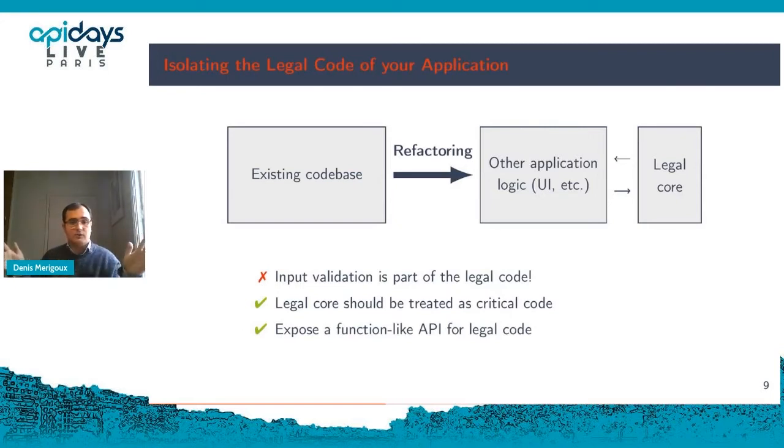And by the way, I think that this legal core should be treated as critical code, right? Because if you don't comply with the law, then the consequences can be very dire, as I think you've heard throughout the privacy engineering conference today. So prefer to expose a function-like API for legal code that takes the inputs, like the individual characteristics, and just outputs what you want to compute. And prefer not to mix it with other things like